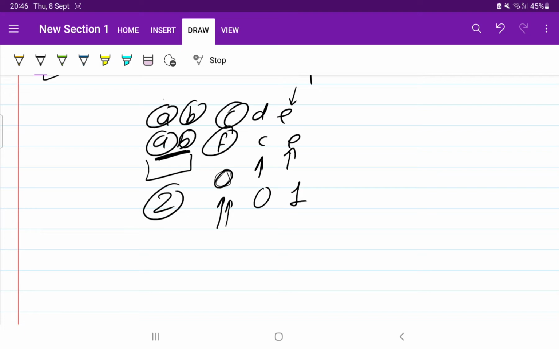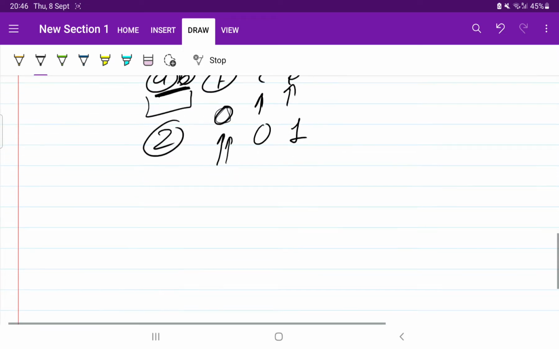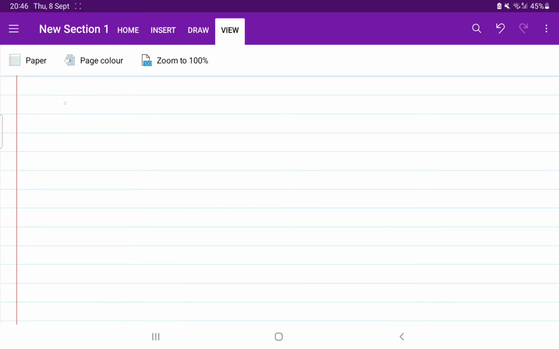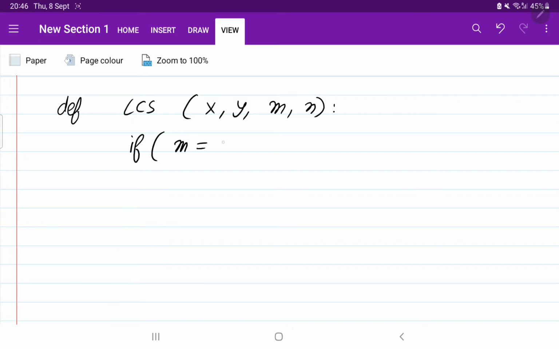Perfect. So now we are going to see the recursive solution first. Let's say the function name is LCS, which takes x, y and m and n as the lengths. First of all, in the if-else condition, if m equal to 0 or, in Python syntax, n equal to 0, then we have to return 0. If any of the strings becomes empty, at that time we return 0. So this is our first condition.